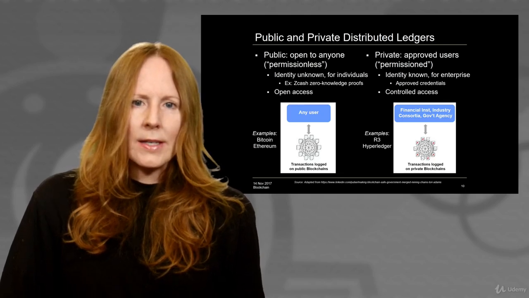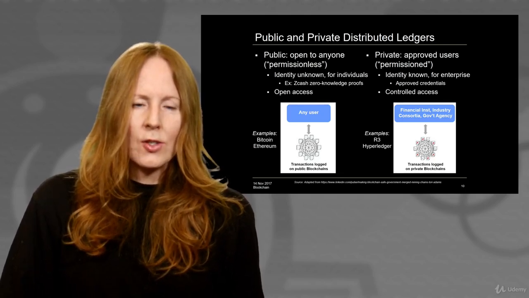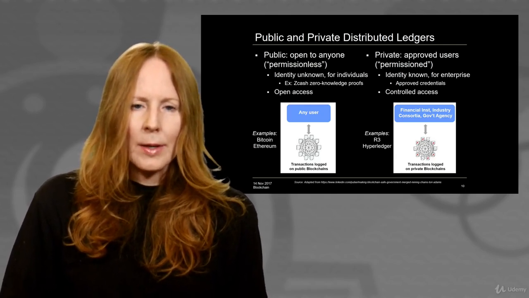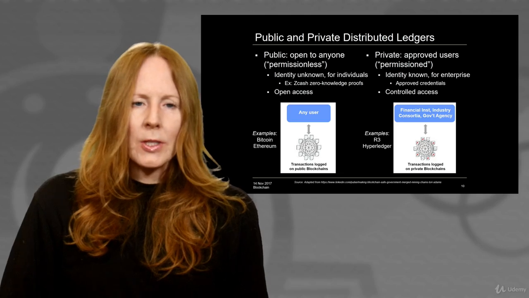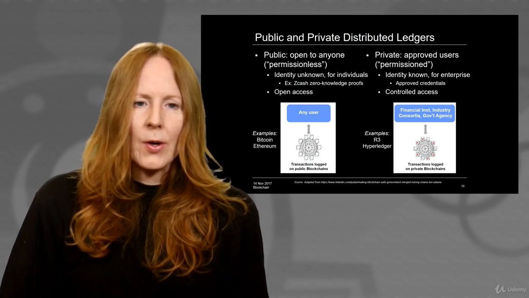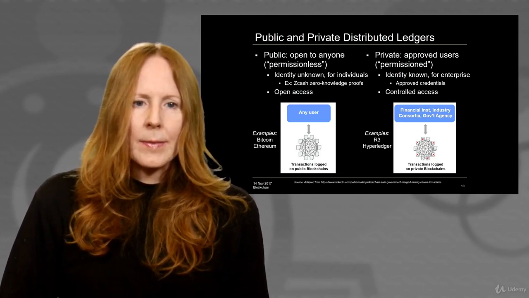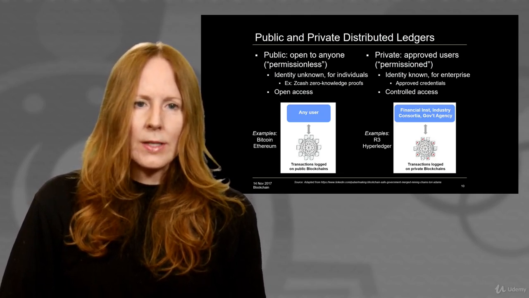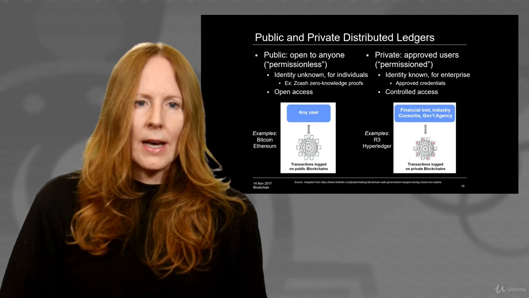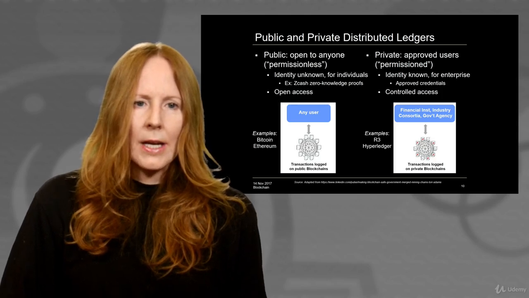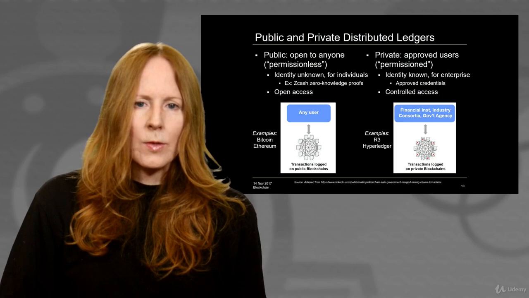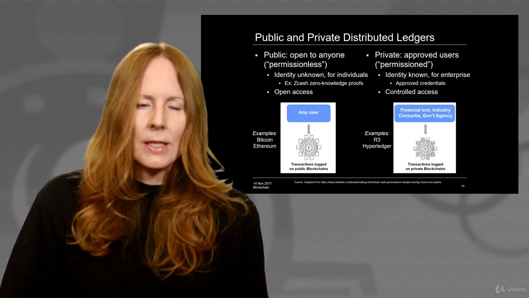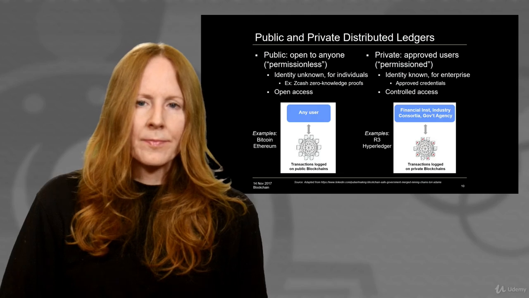There are two kinds of distributed ledgers, public and private. Public being like Bitcoin and Ethereum, which are truly open public chains. Identity is not known, and many users are preferring even higher grades of privacy, such as Zcash and Monero. And there's been an announcement recently that Ethereum will be including zero-knowledge proofs to make its chain even more private.